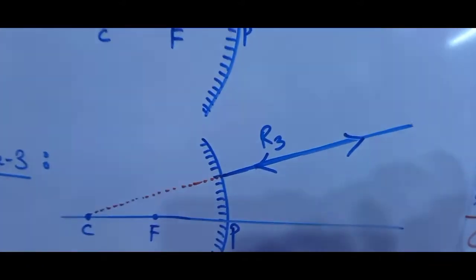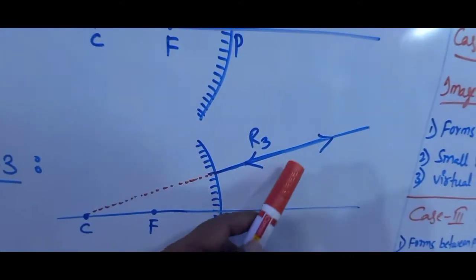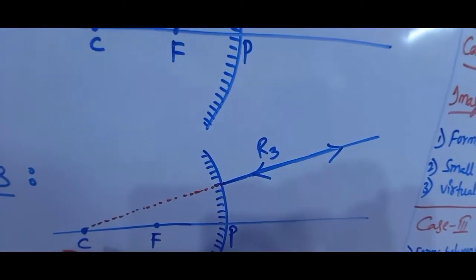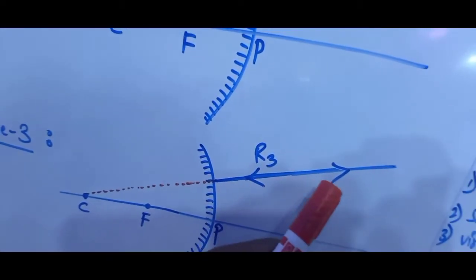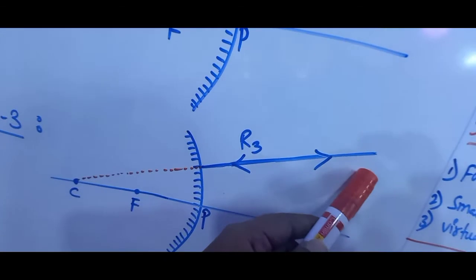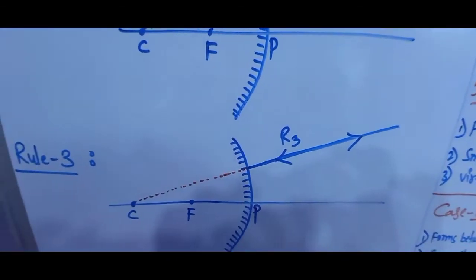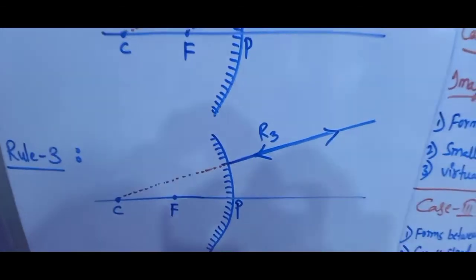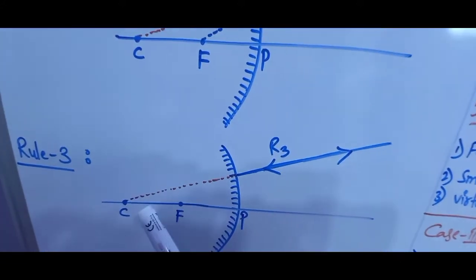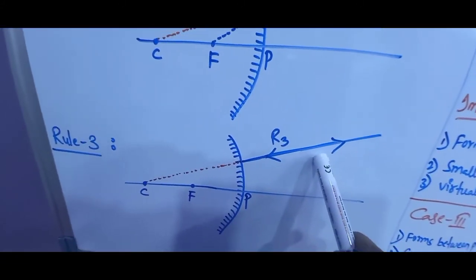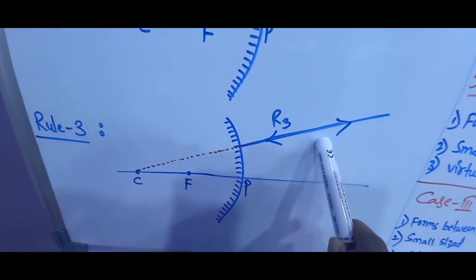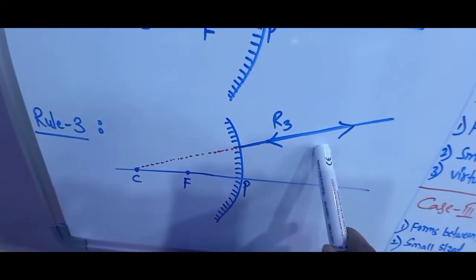Okay children, you can clearly observe that here the incident ray which is coming in the direction of the center of curvature, on reflection, its reflected ray also will be passing in the same line but in the opposite direction. Because we already know that the line which is passing through the center of curvature will be the normal. Whenever the light ray is incident along the normal, then the reflected ray of that corresponding incident ray will also be traveling along the normal only.